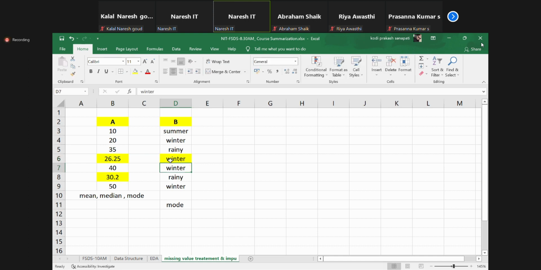Guys, do you understand? Now maybe you ask a question, sir, what happens if I have combined 10 and summer? Apply split functions and split it into 10 and the categories, isn't it? If you have combined 10 and summer, then you can split 10 and summer, or else you can apply regex, regular expressions. I will explain the practical about EDA on Monday, isn't it, team? So here, this is one strategy.